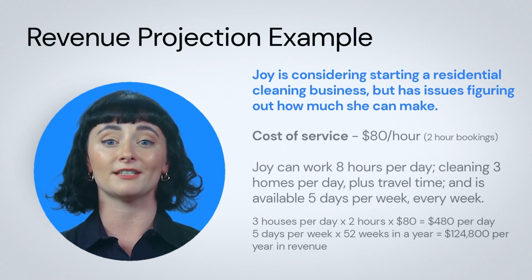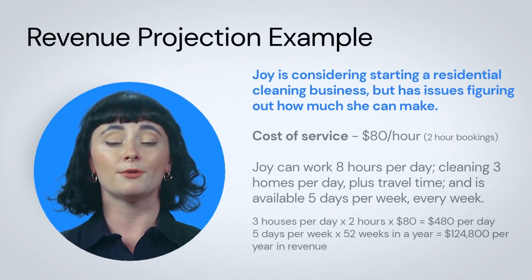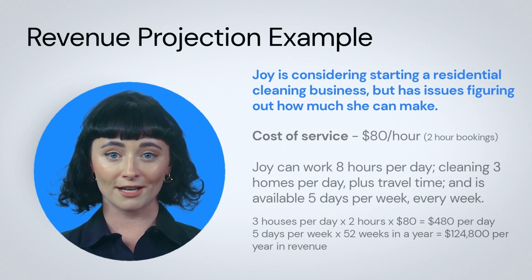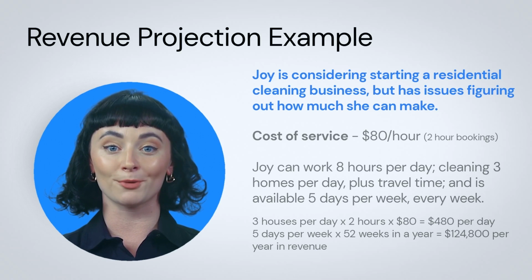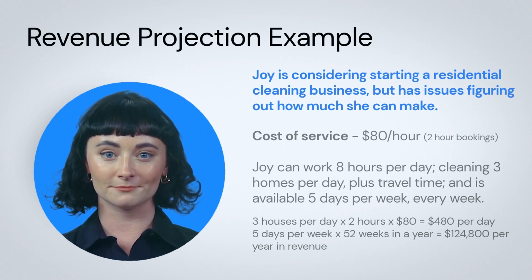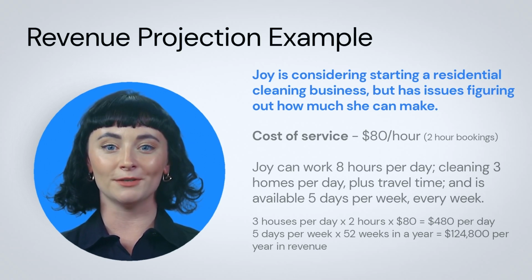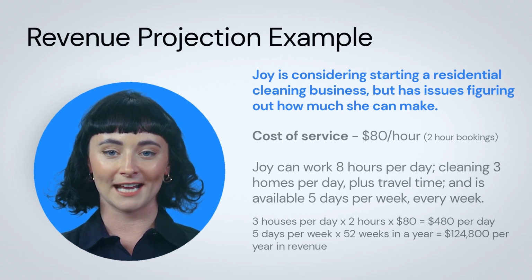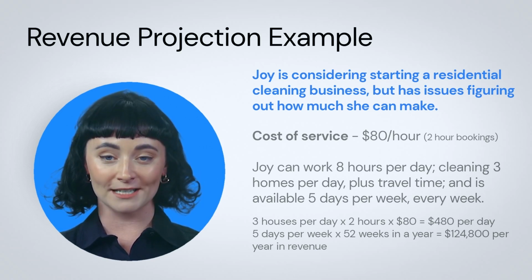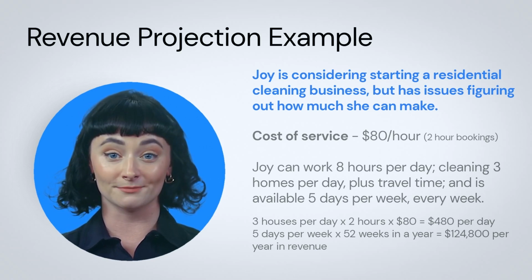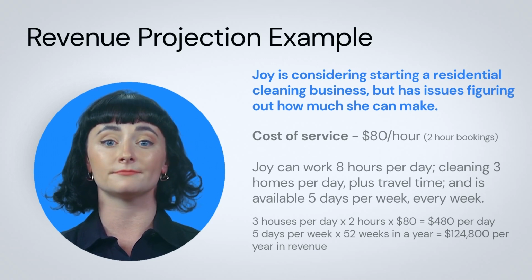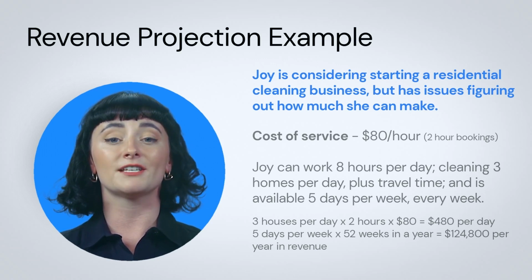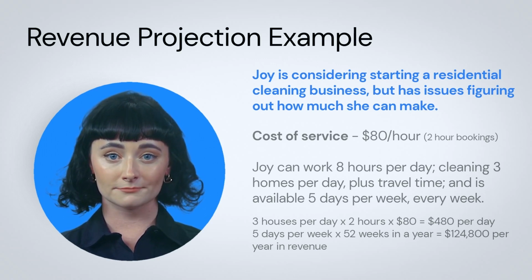Now, the factors that have to be considered which will determine the likeliness of this may vary, but for instance, will Joy be able to secure 3 homes every day, every week, for the full year? What happens when a home takes longer than 2 hours, or when a booking is cancelled, or Joy is unable to make it due to unforeseen circumstances? All of these factor in and should have a percentage allowed for adjustment, be it up or down. Can you apply the same to your own business to determine your potential revenue?